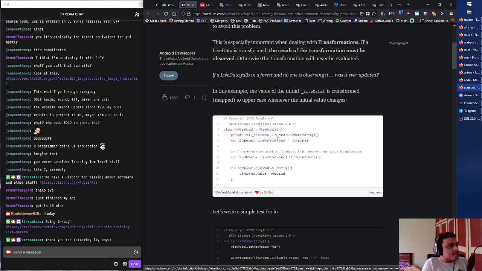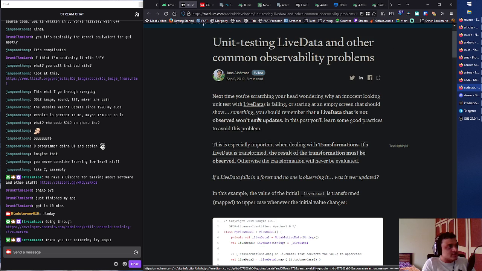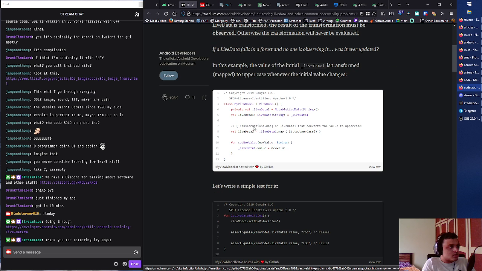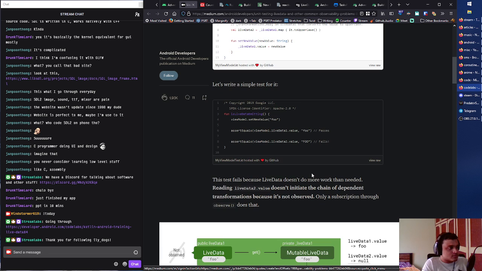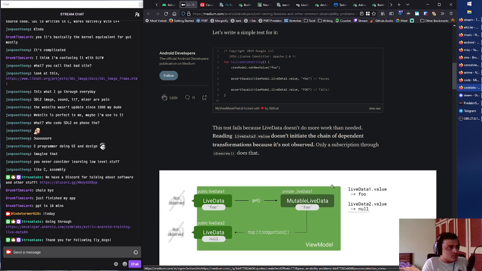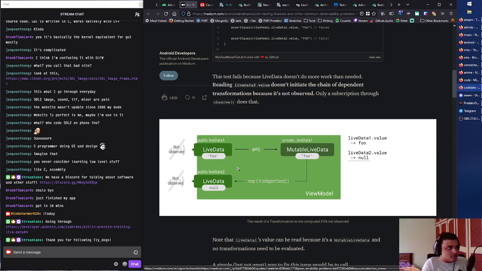But who's observing liveData1? Like, I don't see any observers at all. ViewModel. Subscription through observe does that. So public liveData1, not observed, not observed. Okay, so this is liveData1, liveData2. Who get MutableLiveData. Not computed if it's not observed. So there's a transformation. When you call .get,